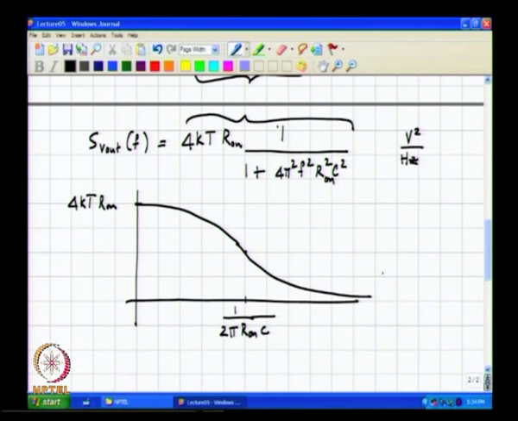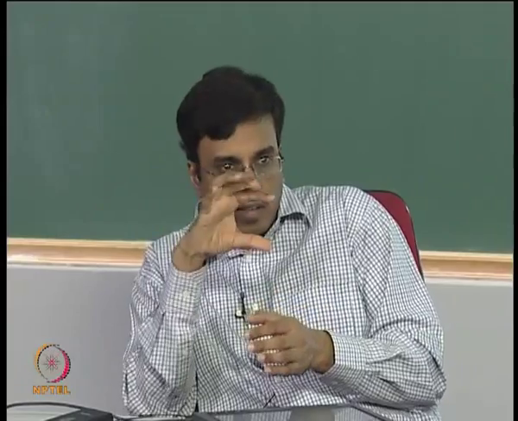So, why does this shape make intuitive sense? How is it that even though the input has a frequency content which is constant with frequency, the output frequency content seems to be decreasing? There is a filter which is selectively letting only low frequency components get through. So, it makes sense that only the low frequency components of the noise are passed through with a gain of 1. As frequency increases, the gain is reducing, correct.